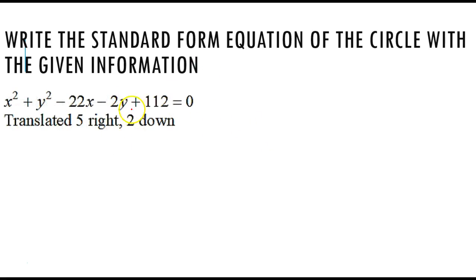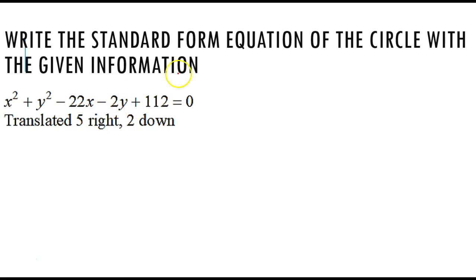Let's do this one. Again, you're given a non-standard equation, and you can factor it by completing the square. You complete the square and then you get it. What do we do again? But then there's a transformation that happened. First of all, factor this. Once you factor it, you get the equation automatically in standard form. But then you have to apply the transformation. So let's do the factoring by